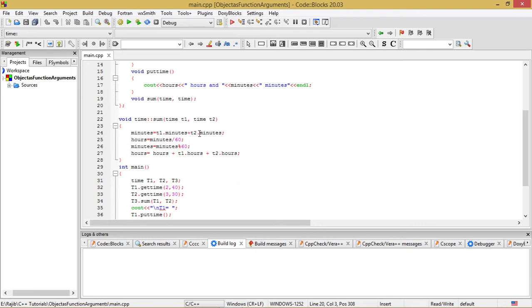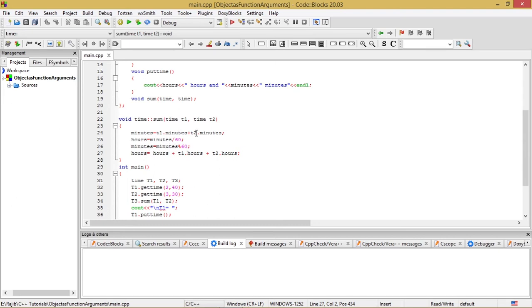Suppose this minutes can assume a value of more than 60, say 80. So 80 divided by 60 will give you 1 hour, and that 1 hour will be assigned to the variable hours, leaving behind the next line's operation, that is minutes % 60, minutes modulo 60, that is, whatever is the remainder from the division of minutes by 60 will be assigned to the variable minutes.